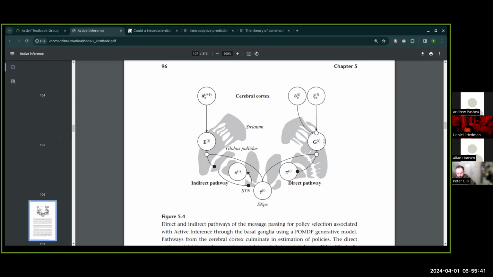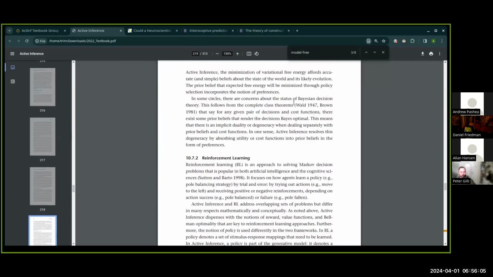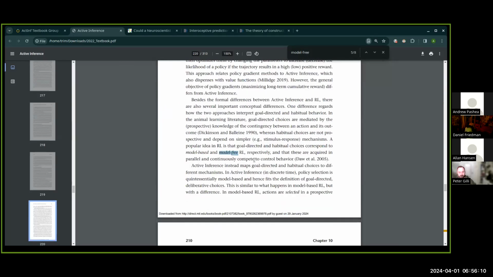Oh yeah, I was just wanting to relate it to how the authors in the textbook relate the computation and use of the empirical priors E in policy selection as being akin to a model-free system, versus the use of G and computation of that to inform policy selection and policy comparison as a model-based system, which helped me track that a little bit more as someone with more of a data science rather than neuroscience background. But yeah, it's super interesting.